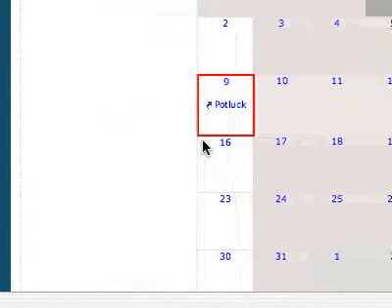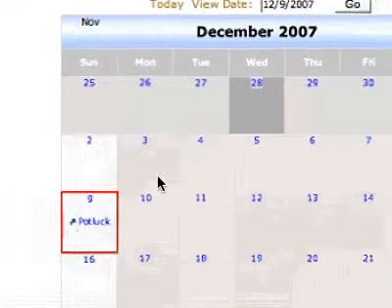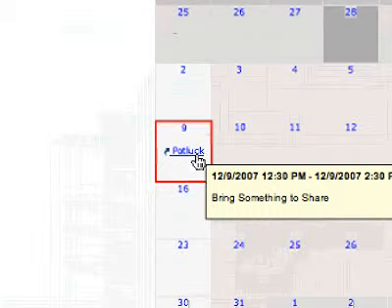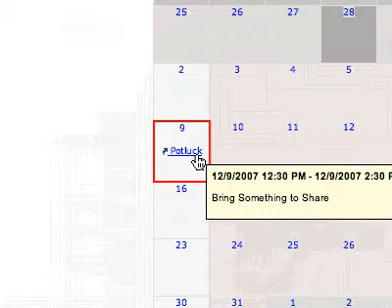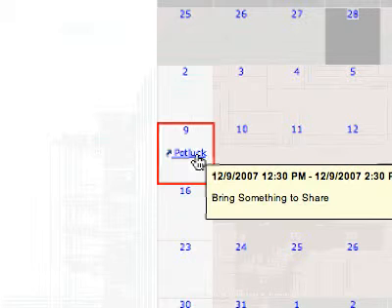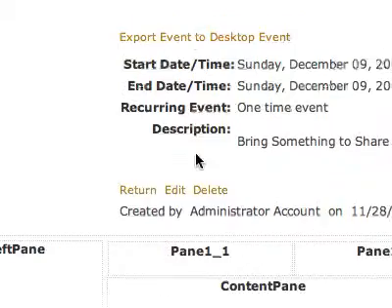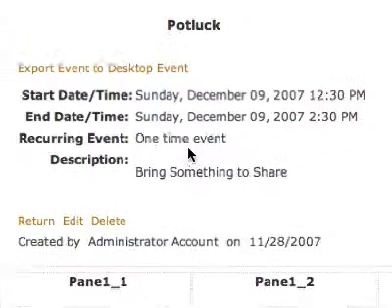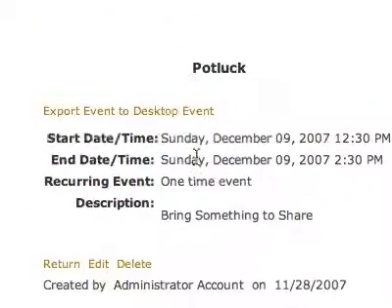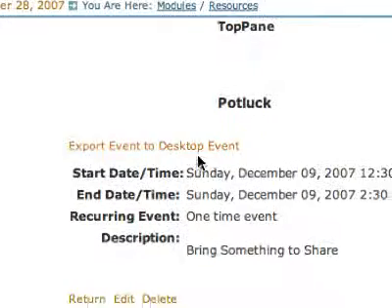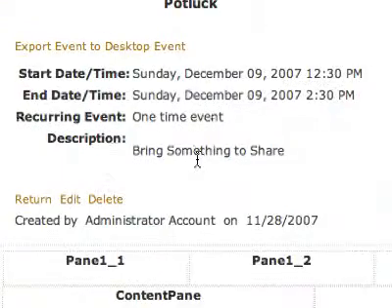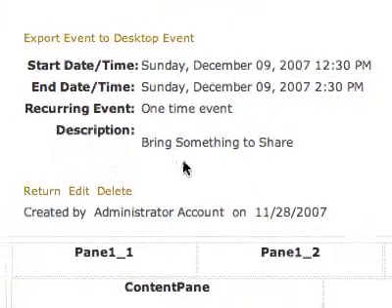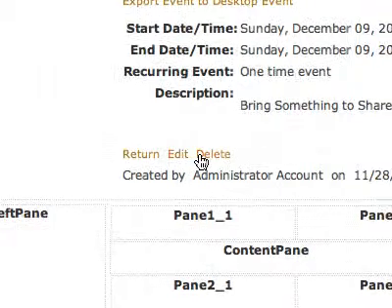So now we see that we're looking at December, and on December 9th, we have this potluck. And if I roll over potluck, I'll see the description there, and the start date, start time, and so forth. If I click on potluck, I'll see the actual description of the event come up. I have this little link so I can export the event to my desktop if I want. Since I'm logged in as an administrator, I can edit the event by clicking here or delete the event by